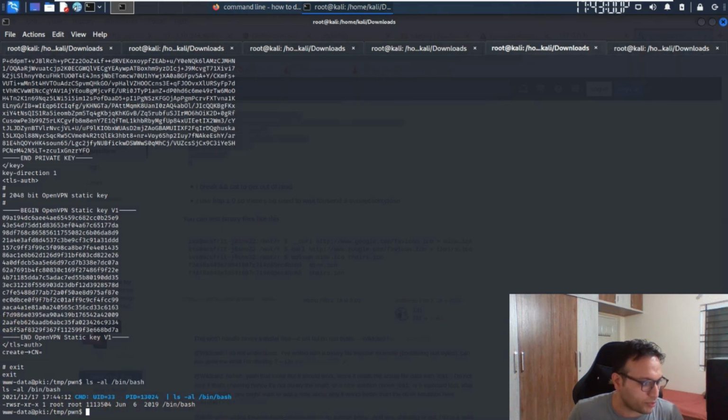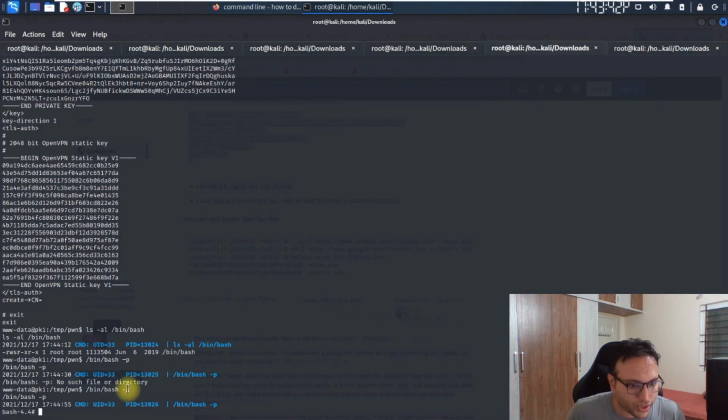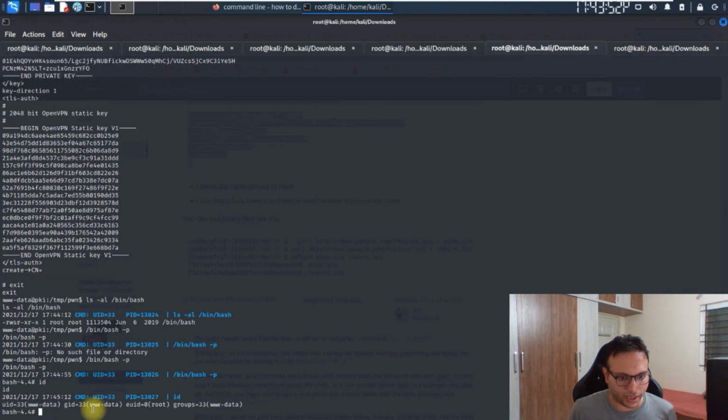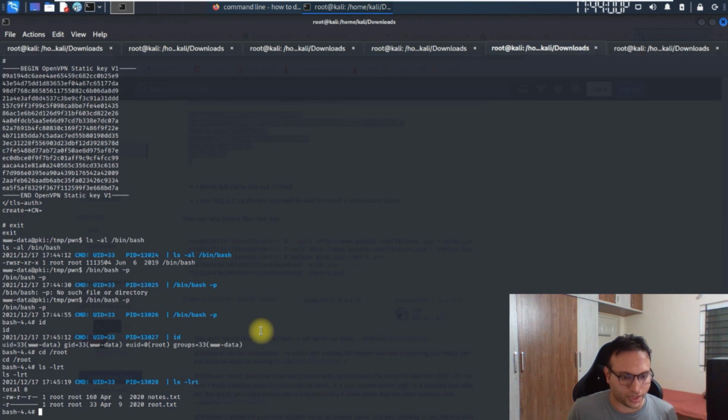Okay, so what we have to do now, from the same section we simply have to fire this command. Unfortunately, last time it didn't work, as -p is like this only. So we simply have to run this and we can be root. Now if I run id, I can see that I'm root. I can go inside the root folder and I can see the root.txt file also. Okay, perfect.